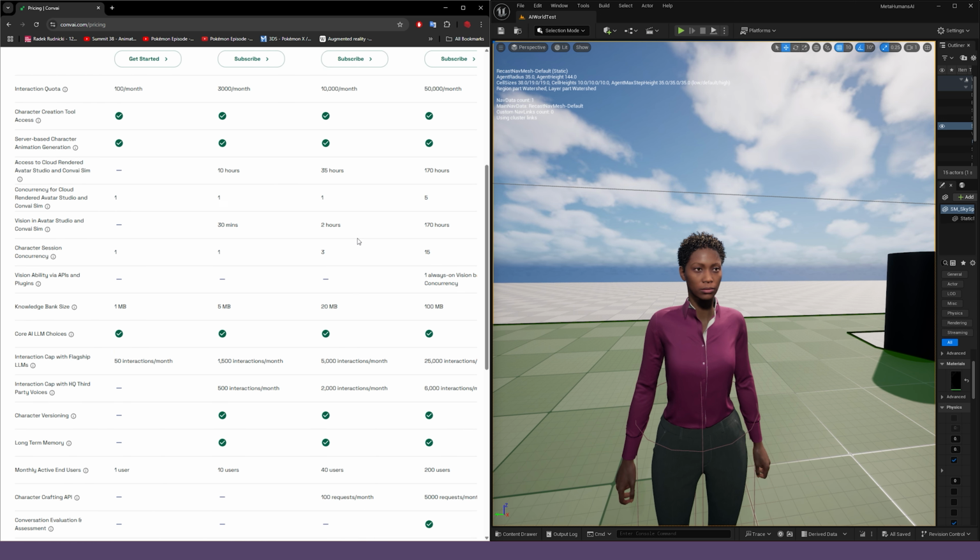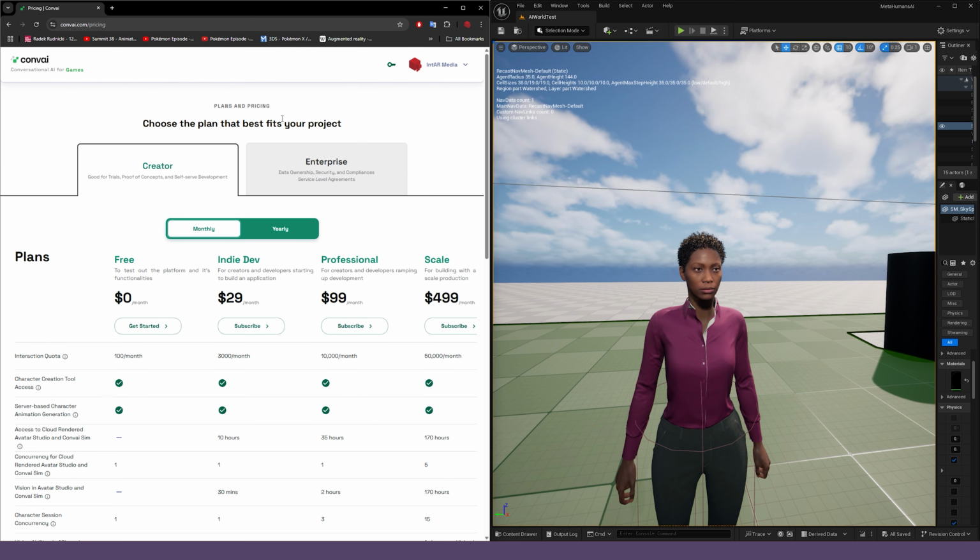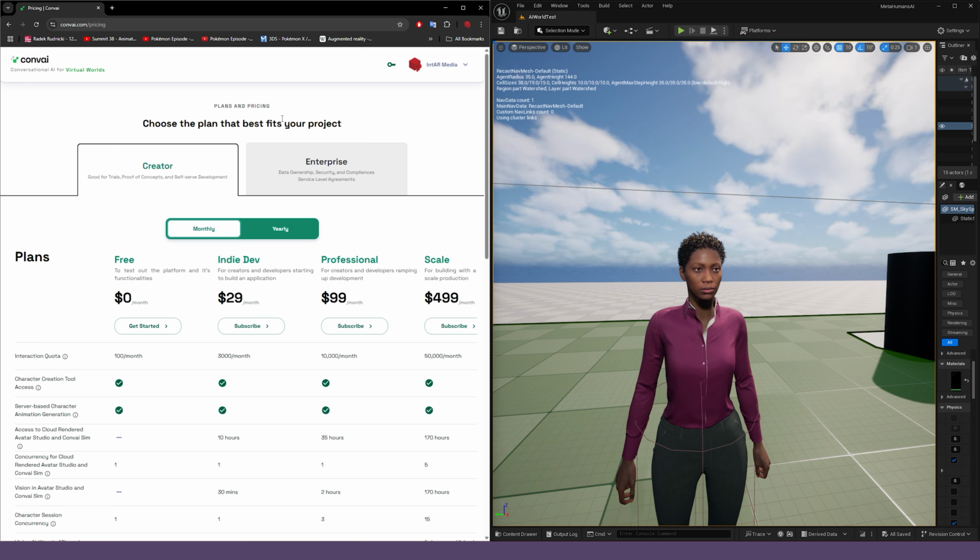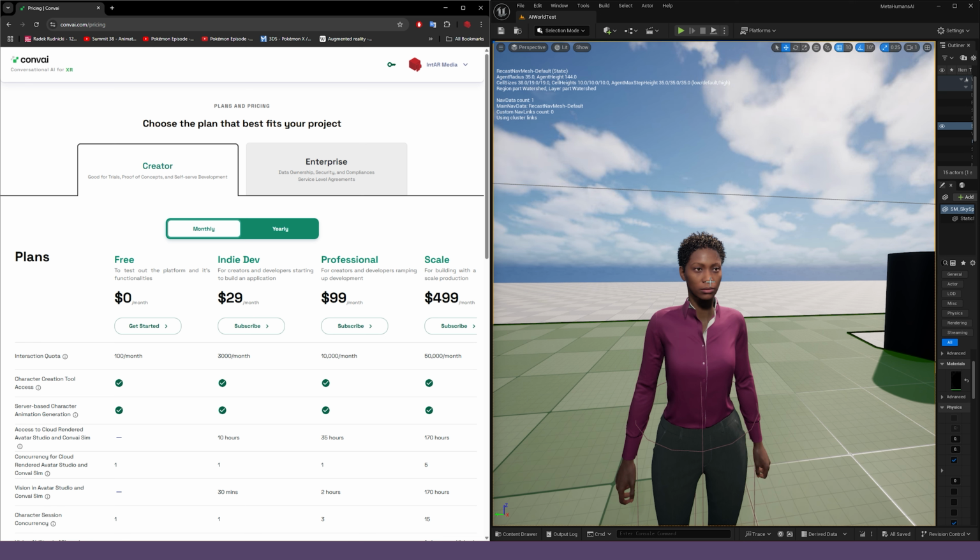But yeah, for me, I would like to look at this. So why am I looking at this? Why do I want an interactive AI metahuman in Unreal? Two reasons. One, for me, I would like to create a world or an interface where